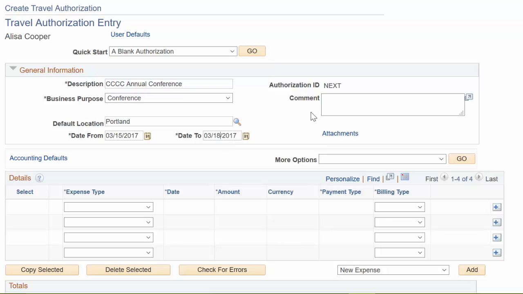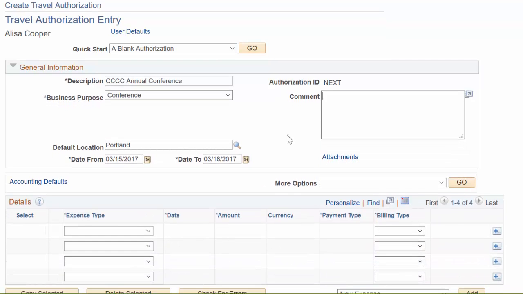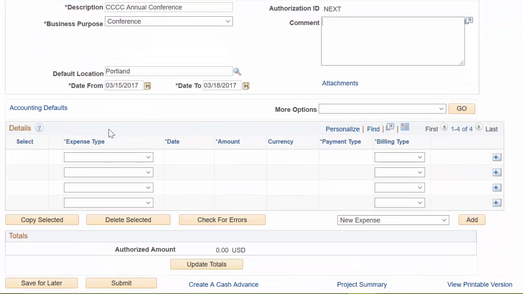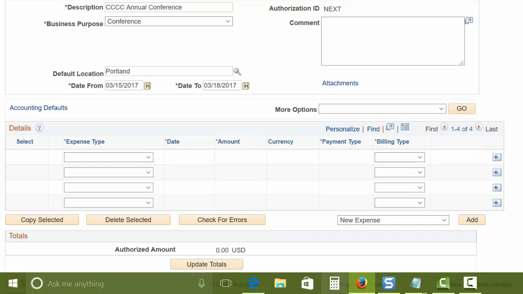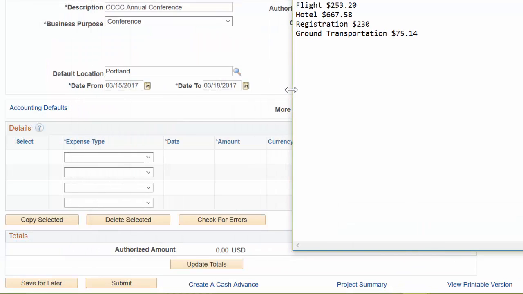Okay, so I have my dates. Now this little box up here is where we're going to type a whole bunch of stuff. So for now, we're just going to leave it blank and we'll add to that later. Let's do the easy part first. So we already have our list of the things that we're going to add. So just as a reminder, these are the things we're going to add, and we're going to add them right